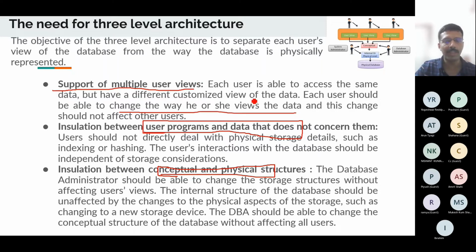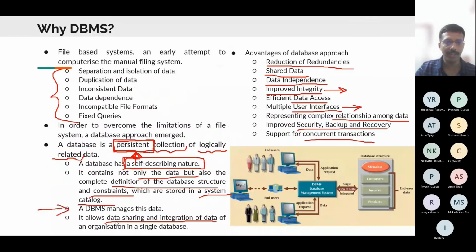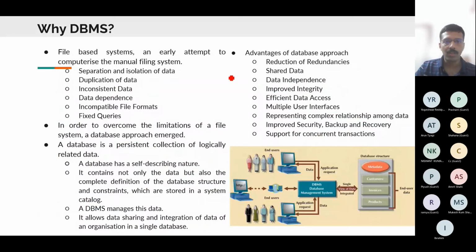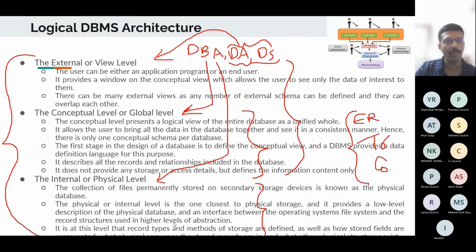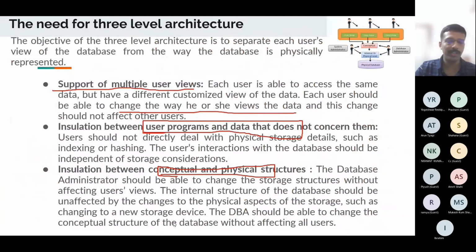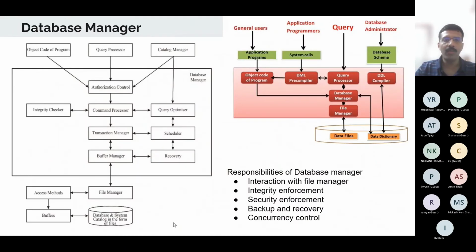So all these will lead to, if you see what is the result of all this, in the slide that we saw earlier, what are the advantages of DBMS, right? Because of all these things only, the advantages that we saw that we got by a database approach come into picture, which is a combined effect of all these points or features that are provided by DBMS. Now we will see 2-3 things.